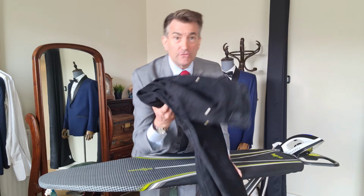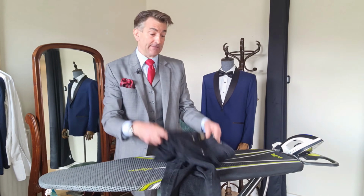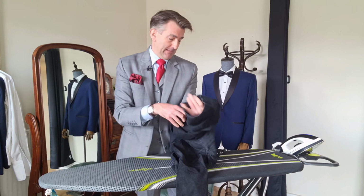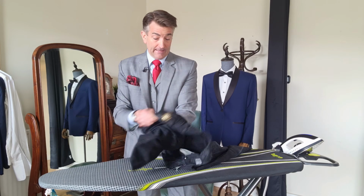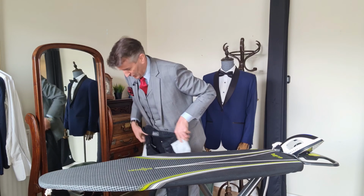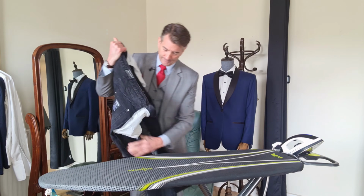Now, when your jeans are dark colored like this, the heat from the iron can fade the jeans. So the first thing we're going to do is turn them inside out. If you iron the reverse of the jeans, it protects the outside coloring. So that's job one. Job number two,